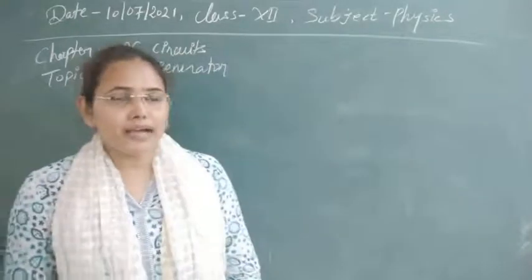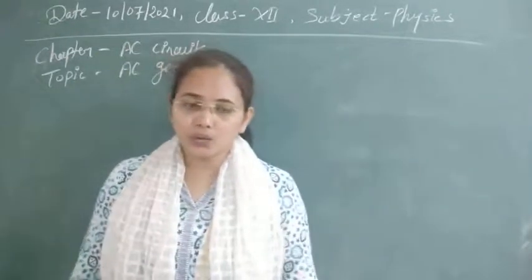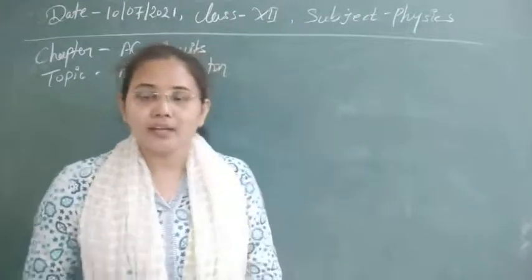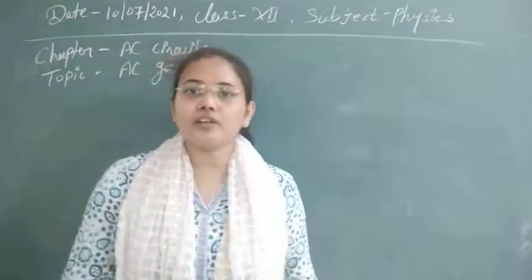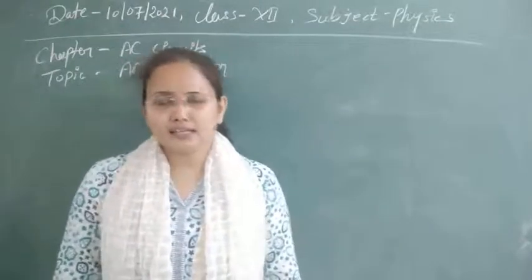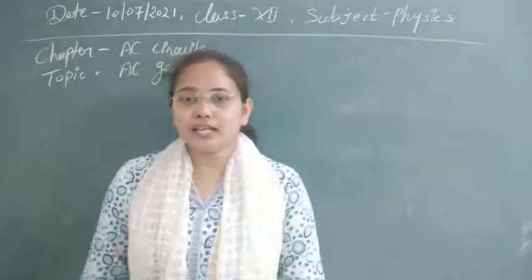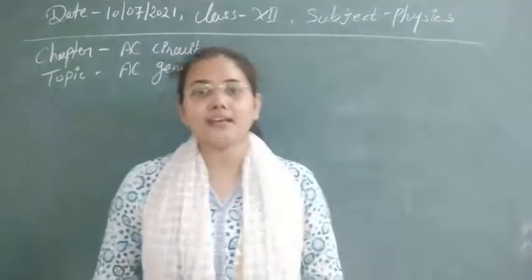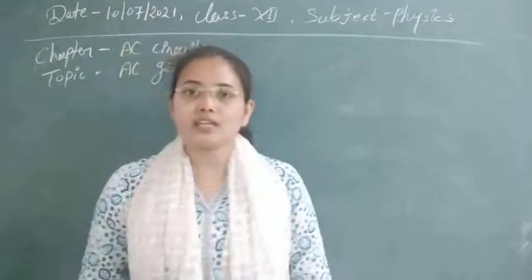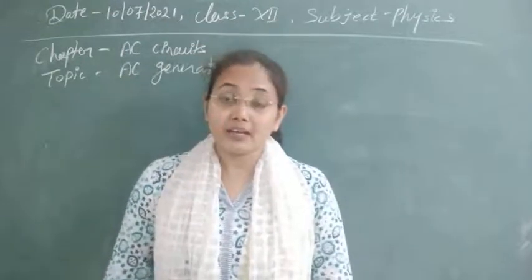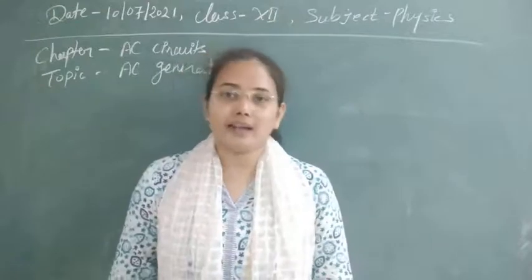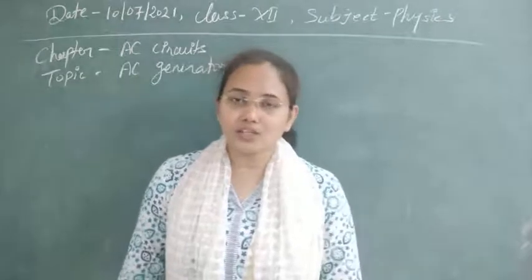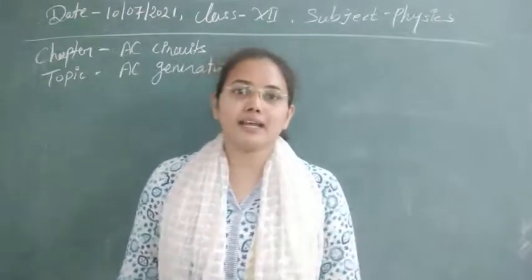So first of all, if you go for the production of AC current and voltages, you know that according to Faraday's law of electromagnetic induction, whenever the flux linked with any coil changes, then due to the change in flux, an induced EMF will be generated in the coil, and if we have a closed circuit, then a current will be generated there. That current can be either steady current, DC current, or AC current, depending on the situation through which we are changing the flux.